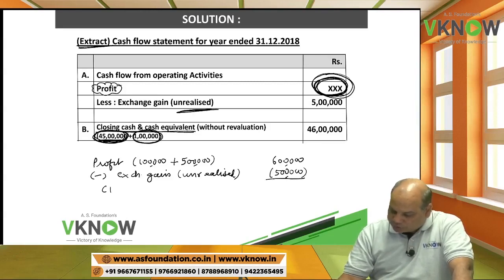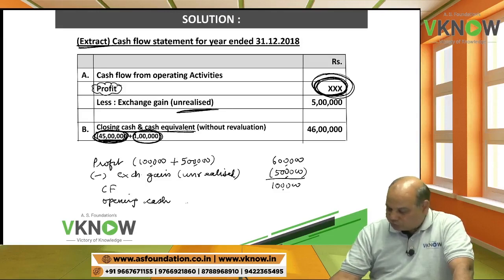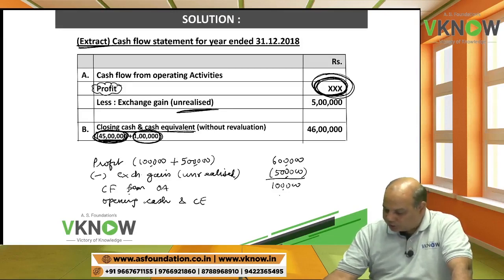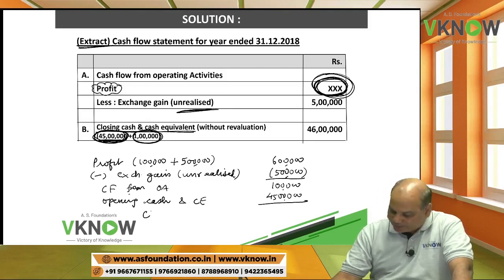So you'll get cash flow from operating activity 1 lakh, opening cash and cash equivalent 45 lakh, and